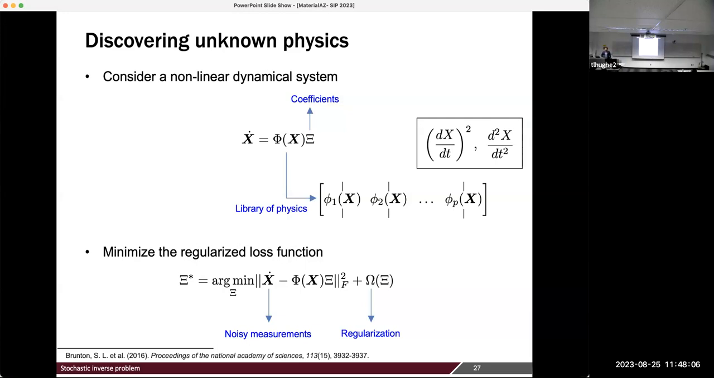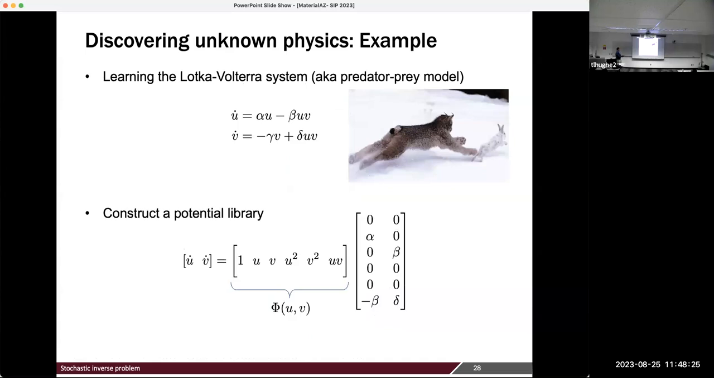If you look at the last 6 years on this topic of learning the physics, there's a significant amount of papers, and they all solve very, very complex problems in learning the dynamics. But I'll show you some problems with existing methods, and I'll show you why the stochastic inverse approach can solve this problem. Okay, so we'll again work with the Lotka-Volterra system. You have two equations here, and we construct a potential library that has all potential terms, and these coefficients are unknown. So the idea is, can we observe some data on U and V, or U dot and V dot,